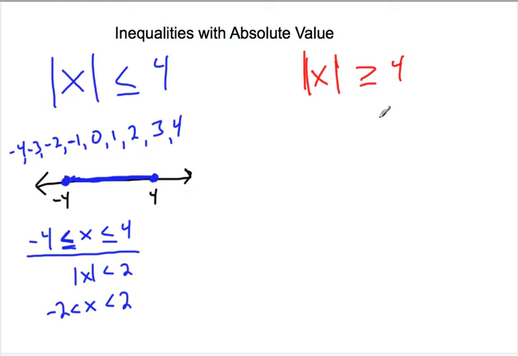In this case, what answers would work? Well, what's greater than or equal to 4? Well, we have 4, we have 5, we have 6, and so on. 3 doesn't work, and 2, none of those, -2, -3. But once we hit -4, we are okay again. -5, -6, and so on. Because remember that absolute value makes it positive, and so we can become bigger than 4 again. So if we were to graph this,